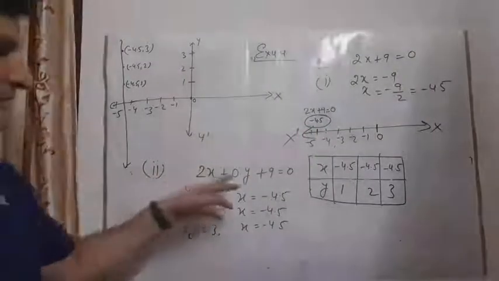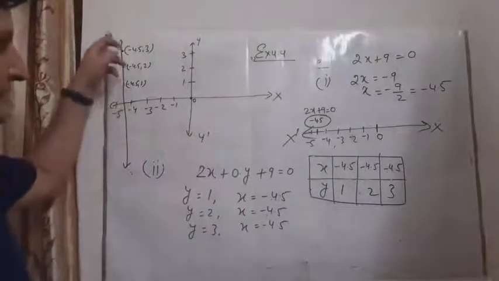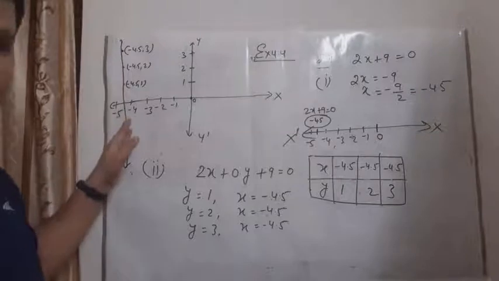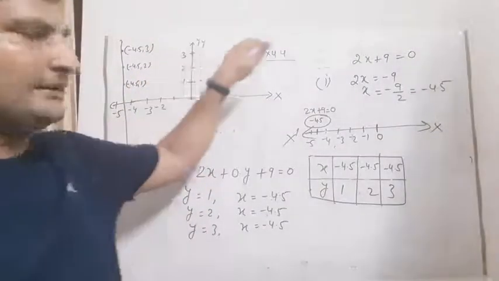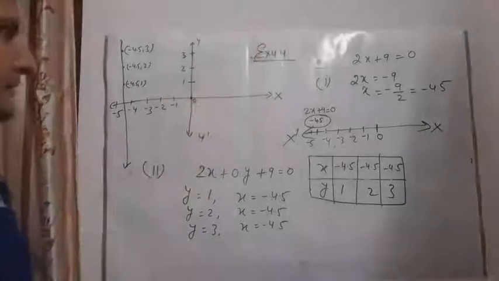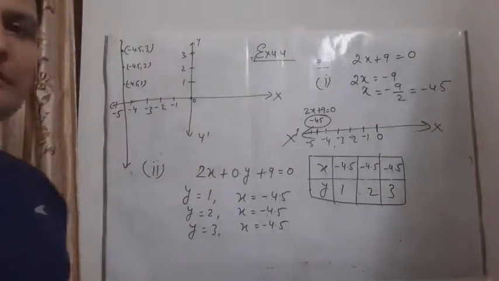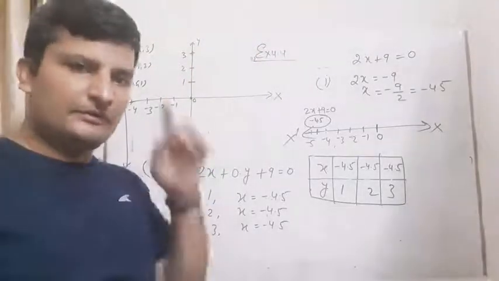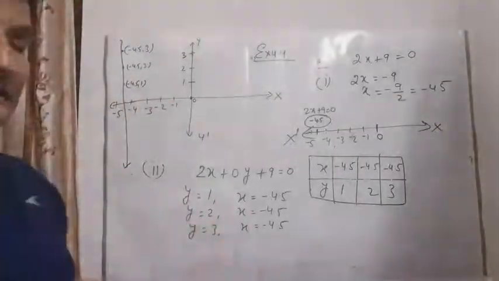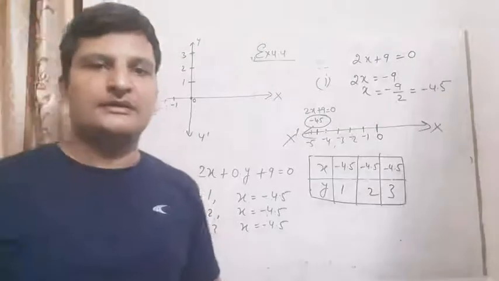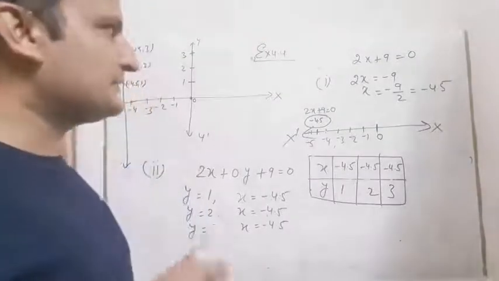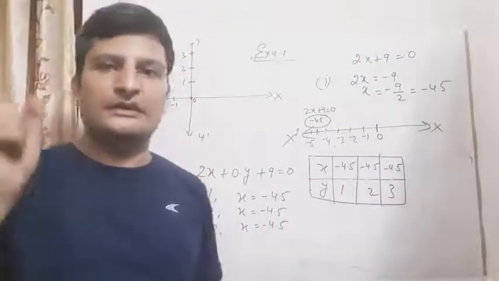Here the value of y is not given, so the graph is like this. The graph will be made like this. Where the value of x is not given and the value of y is given, this is how the graph was made. You can see this. These are very important questions from your exam point of view. I am giving some extra questions to solve, and then I will take your test on Monday. You have to solve this test in your classwork notebook only.